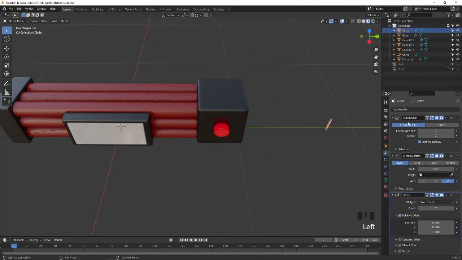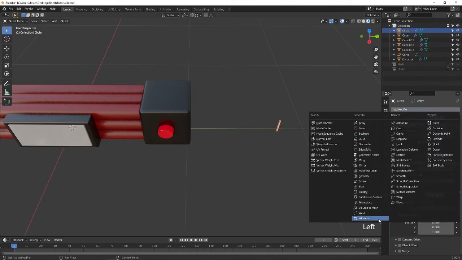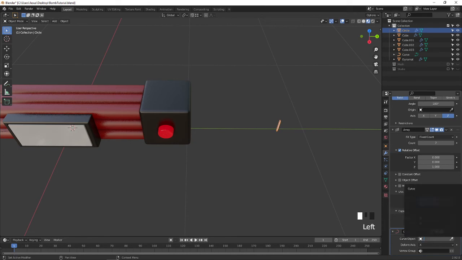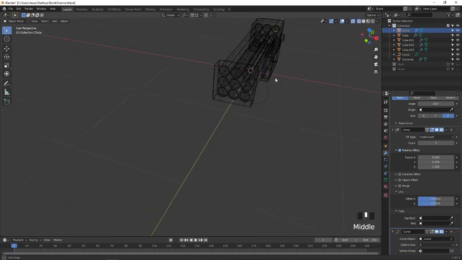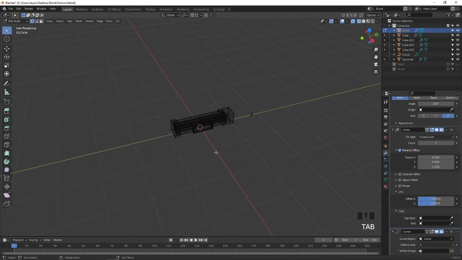Select this wire and select the curve option, select the curve. Now shift Z. Oh, our wire is going somewhere else.